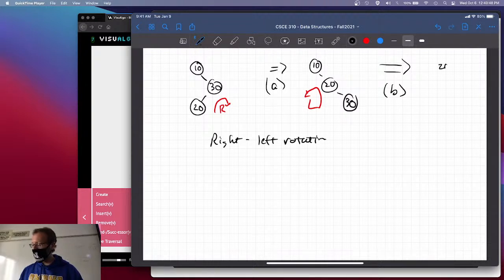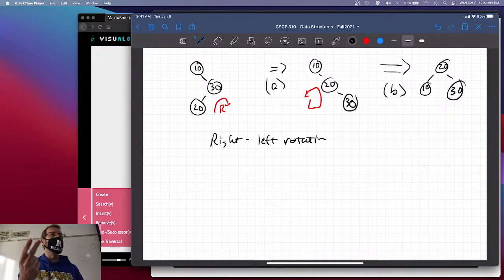And it results in a perfectly balanced binary search tree. Okay? So 4 different types of operations, 4 different types of rotations. There's actually only 2 core types, but the other 2 are combinations of the first 2. Okay? This works for 3-node